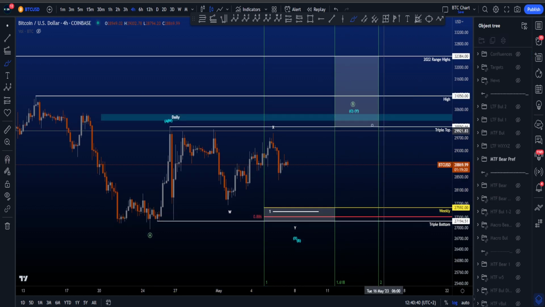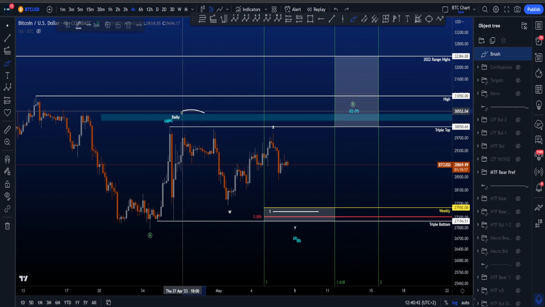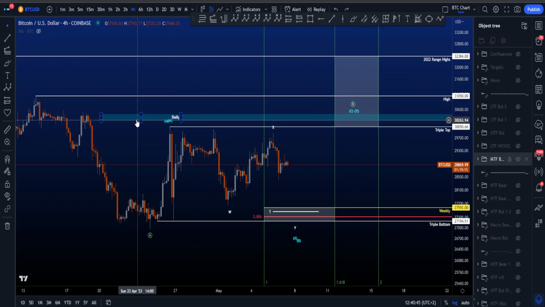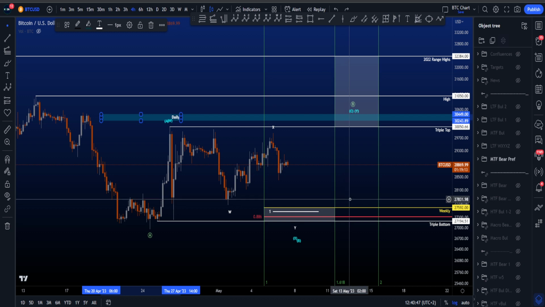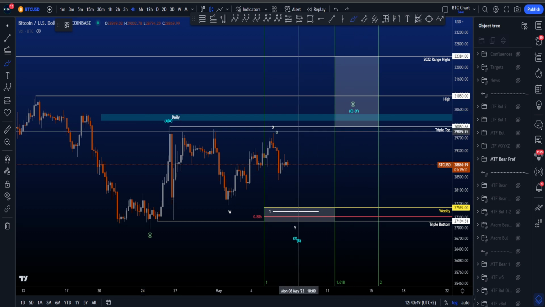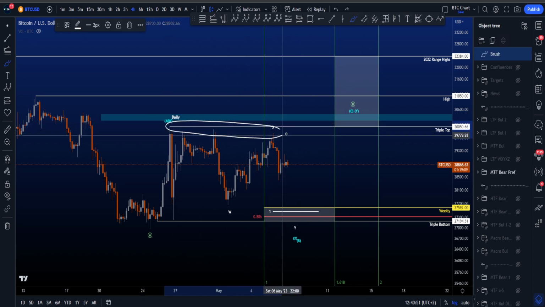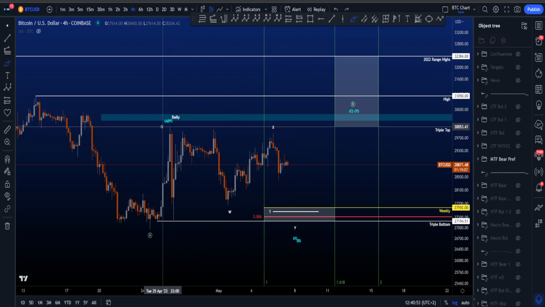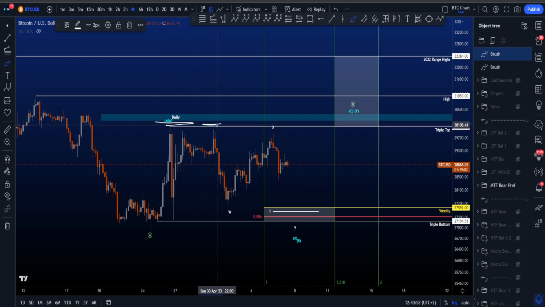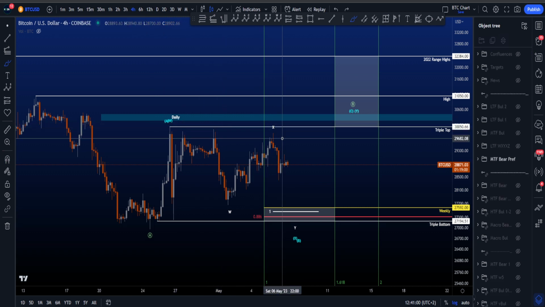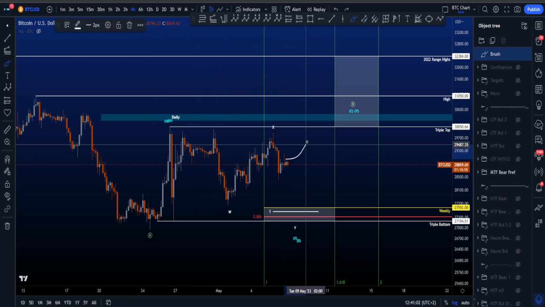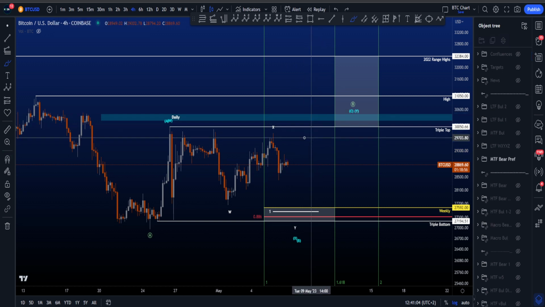Some additional confluence for the end of this potential B is the target box over here, which sits between 30.2K and 30.4K, which is still not touched. And we also have a lot of liquidity over here. So people that went short throughout this range over here most likely put their stop losses above these highs over here. So that is the liquidity that if price moves to the upside, people with bigger positions are going to